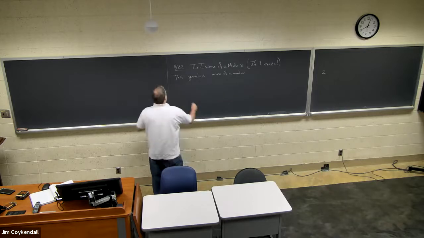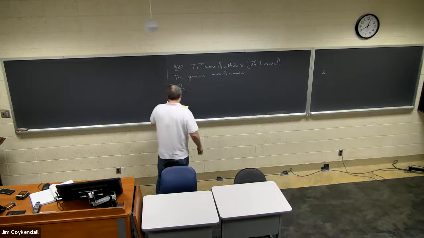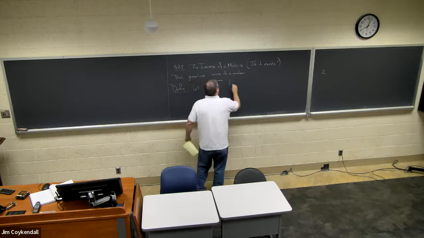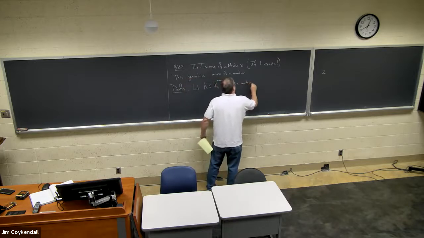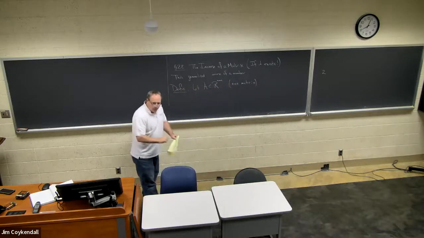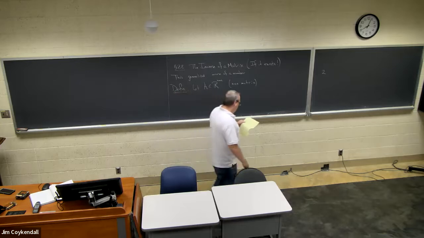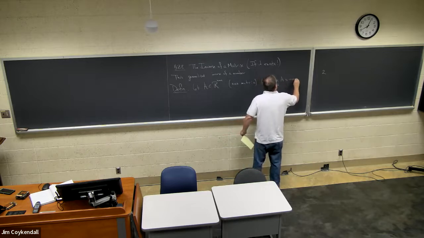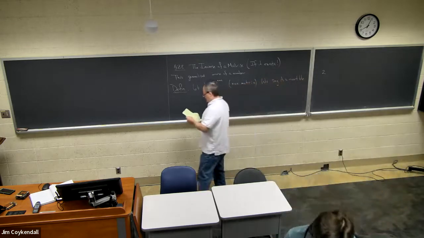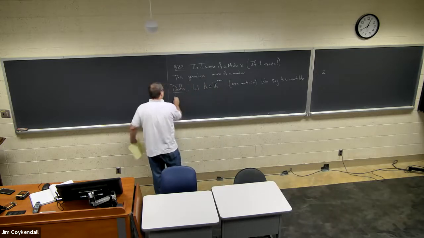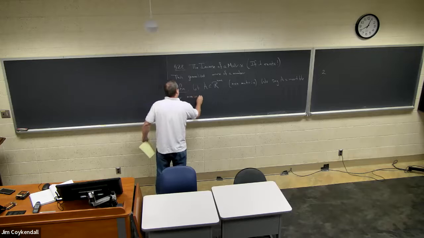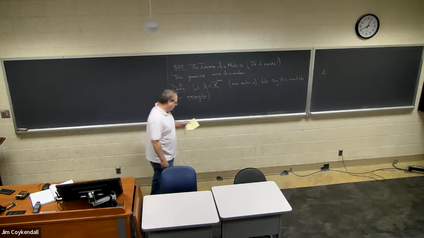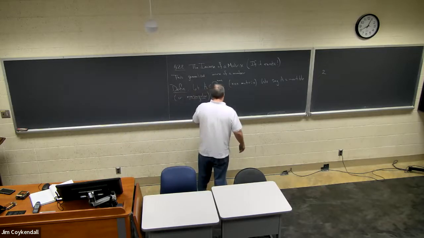So, let me get to this by saying, definition. Let A be an n by n matrix, and let me emphasize, a square matrix. As I said, for us to even be discussing this, it has to be a square matrix. We say A is invertible, or non-singular. Sometimes you hear this terminology as well. If